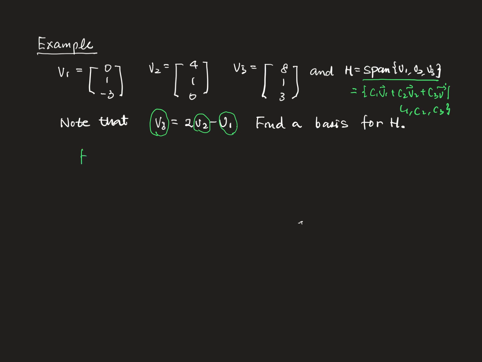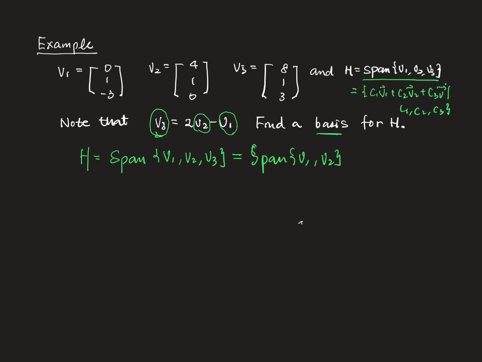So H is the span of V1, V2, and V3. That's the condition. But V3 is a linear combination of V2 and V1, so the span is of V1, V2. That's what the theorem says. We remove the unnecessary vectors. What do we have to show? We showed H is the span of V1, V2. Now for it to be a basis,